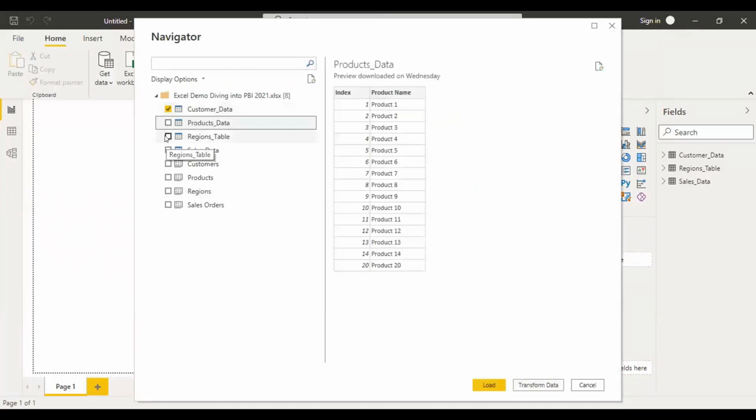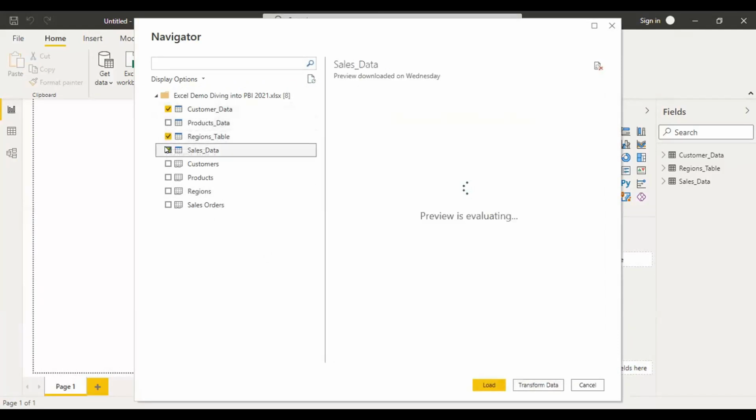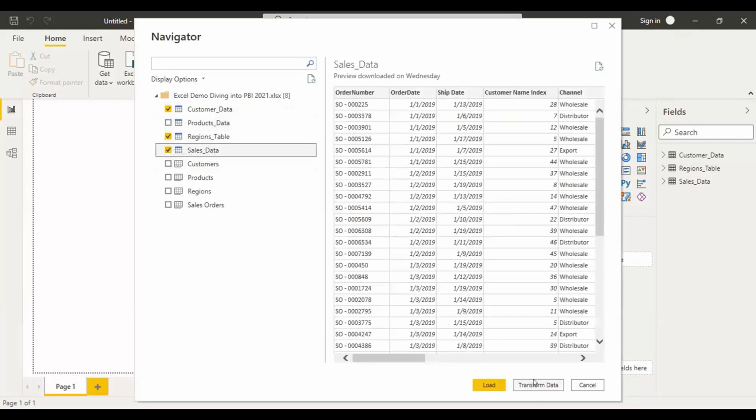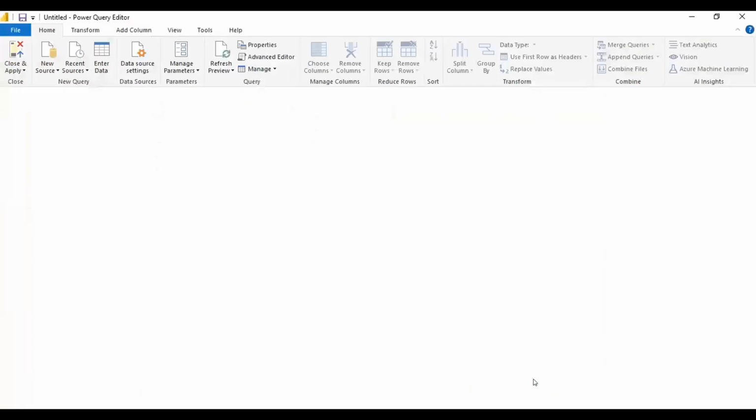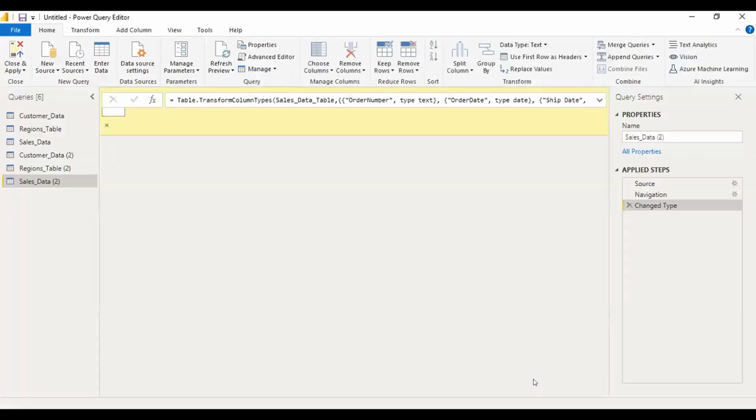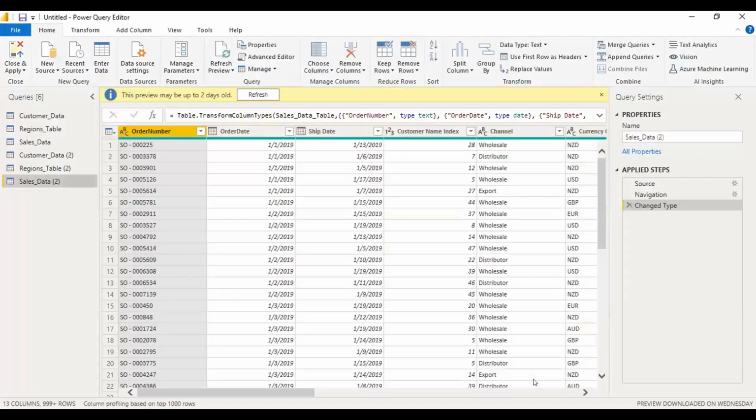And select the tables you need and then click transform data. And this time here we get the data on Power Query Editor. Here we can transform the data by doing data massage or data shape or by adding or deleting columns or however we want.